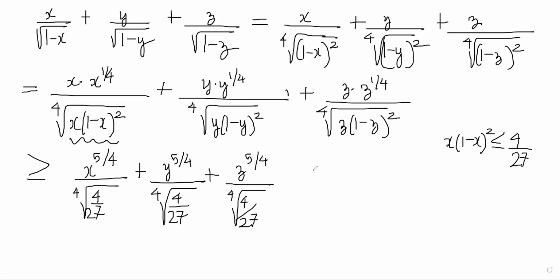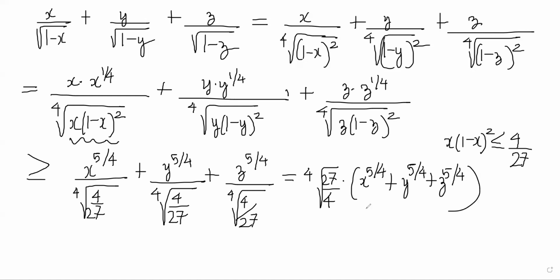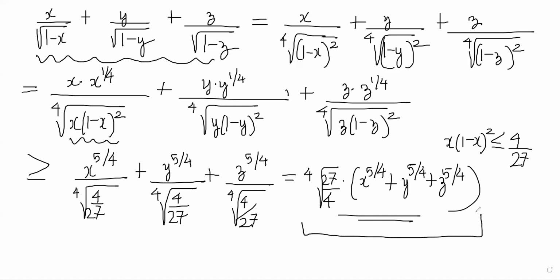Okay? So this is becoming equal to the fourth root of 27 by 4, and you have x to the power 5 by 4 plus y to the power 5 by 4 plus z to the power 5 by 4. Basically, we have said that the initial LHS is greater than or equal to this, right? Okay, now we'll work with this term and we'll say that